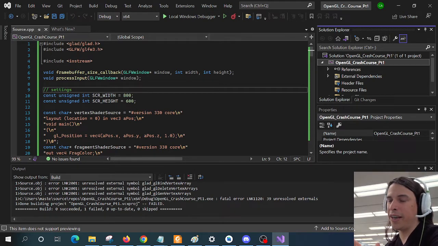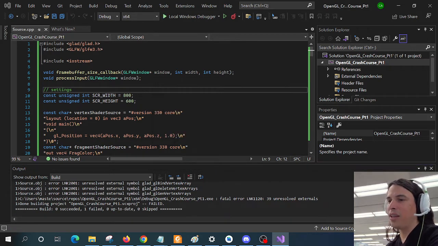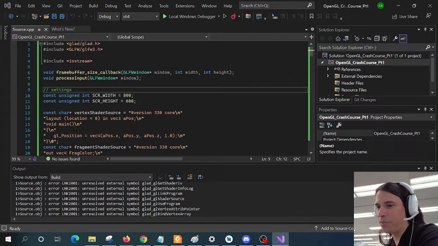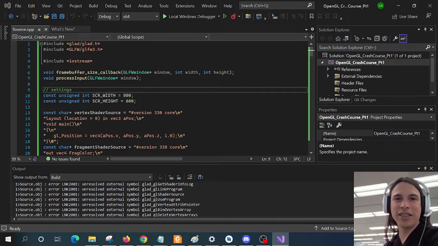We're still going to get errors, but I just wanted you to see what these errors look like, so in case you run into them again, you'll know how to address them. So I'm going to run, and it's saying external symbol, same thing. Pretty much the same errors, it looks like. So in this case, we need to provide the binary files. So to find these files,